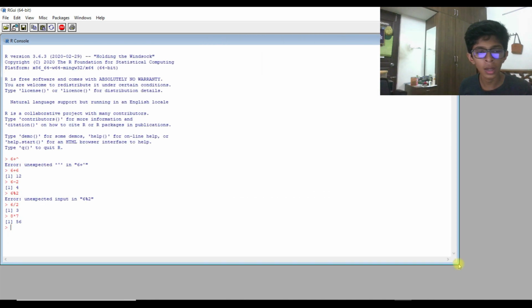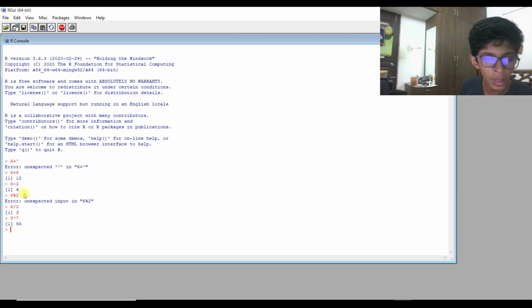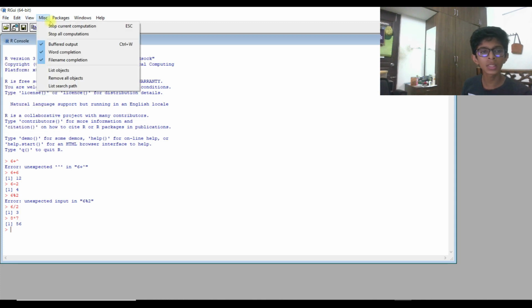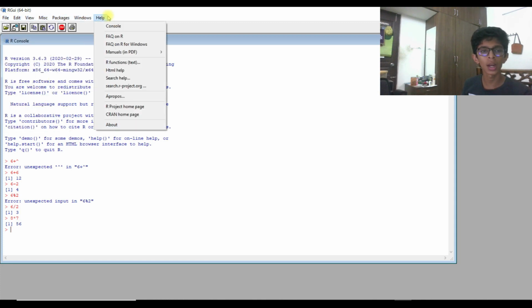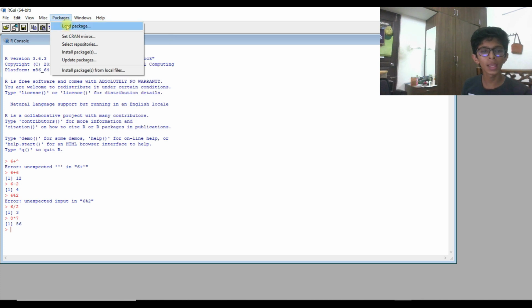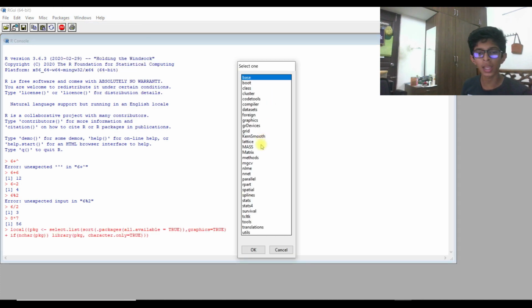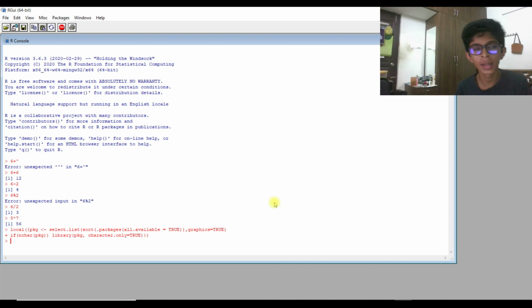All basic division, addition, subtraction and multiplication are applicable. You can expand these: File, Edit, View, Misc, Packages, Windows, and Help. Over here we can load packages like Rcmdr and other packages, as I said, the R Commander.